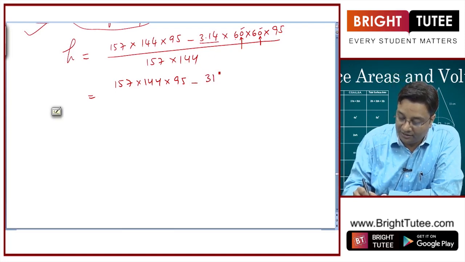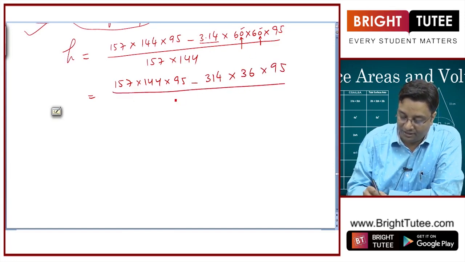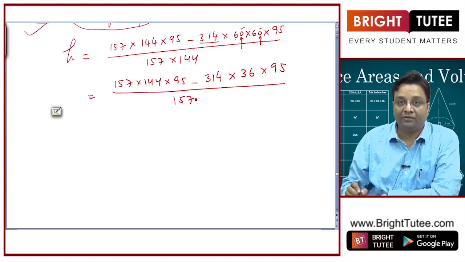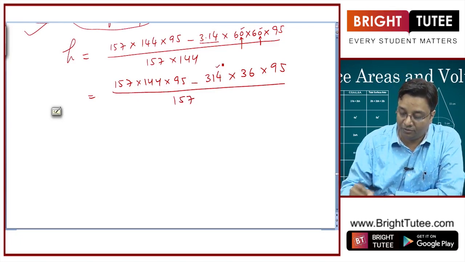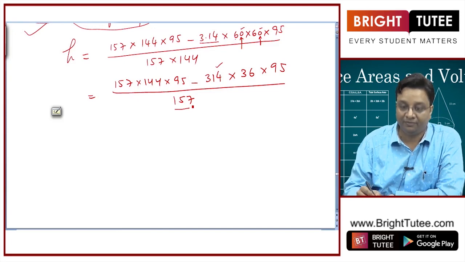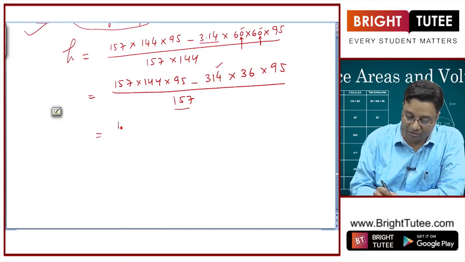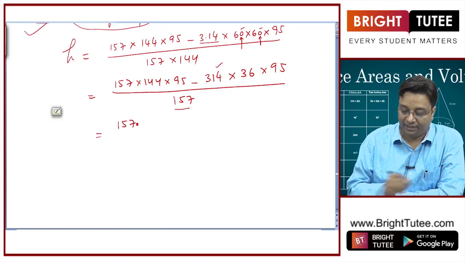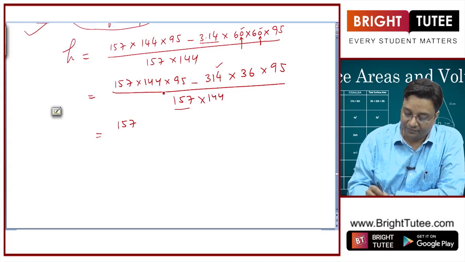So, I can write it as 314, and 6 into 6 can be written as 36 into 95 divided by 157. Why am I doing this? Because 314 is double of 157. So, I can take 157 common from it, right,